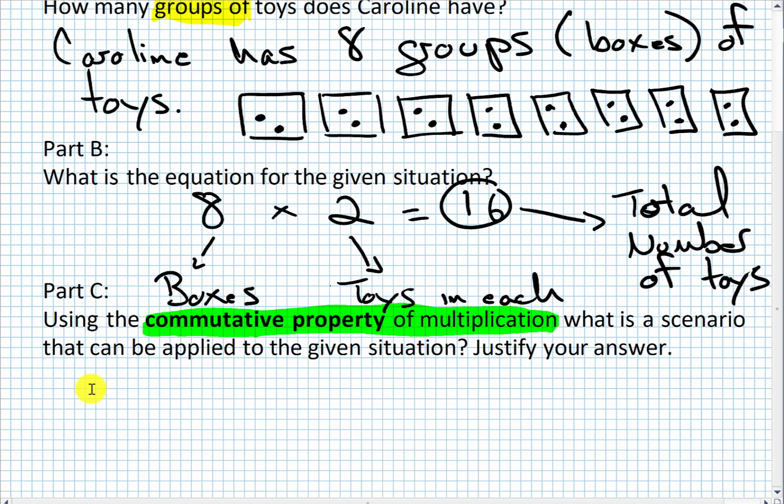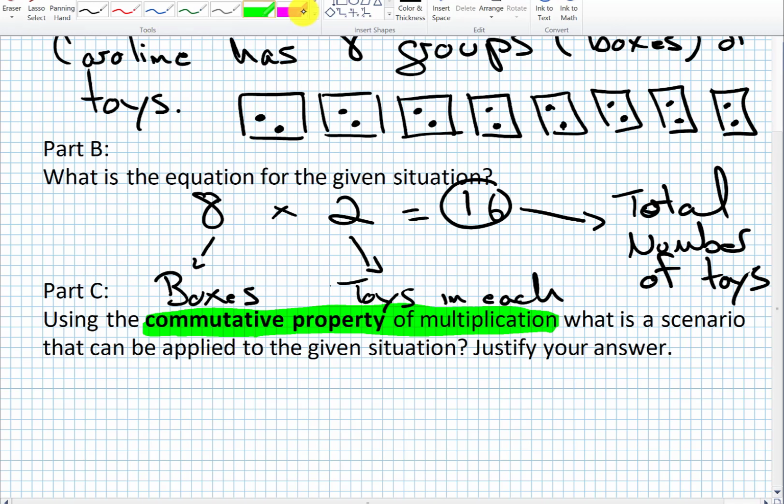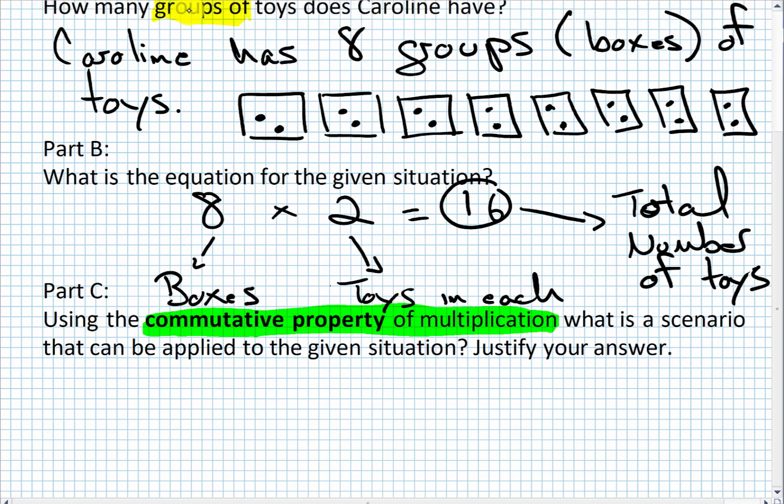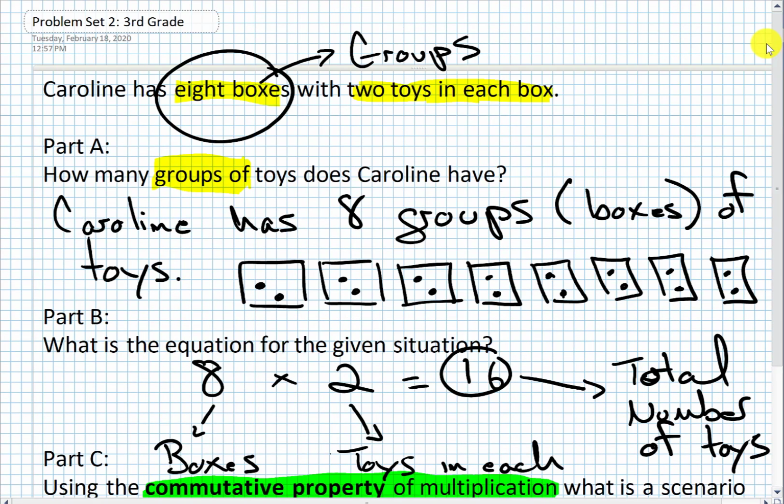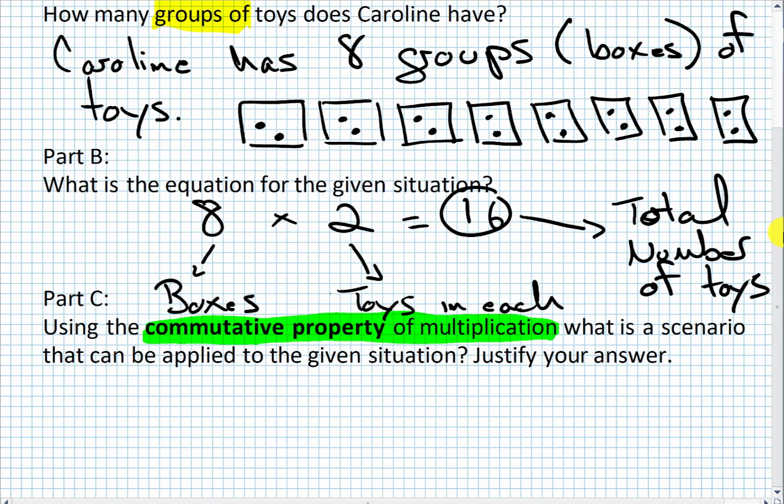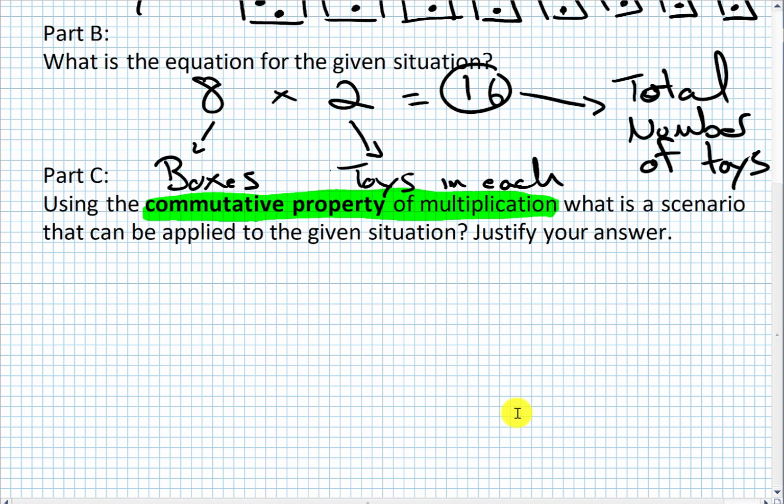So part C again asks us to use this property, this idea that the order of the factors doesn't matter, we'll still come up with 16, to come up with a scenario that can be applied to this situation and justify our answer. So I'm going to take what some might see as the easy way out, but I'm just going to reverse the scenario that's been given to us. And remember, the scenario that's been given was that Caroline has 8 boxes with 2 toys in each box. We can reverse that scenario and say